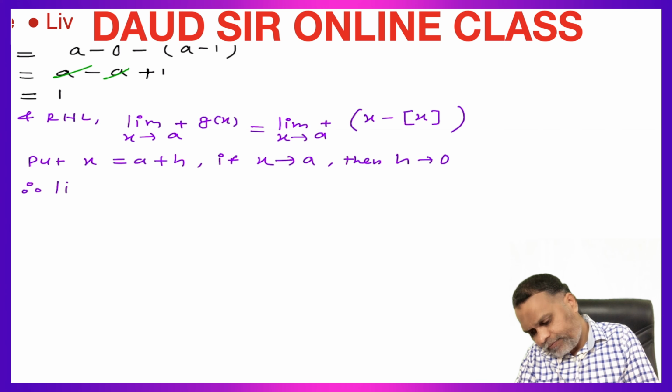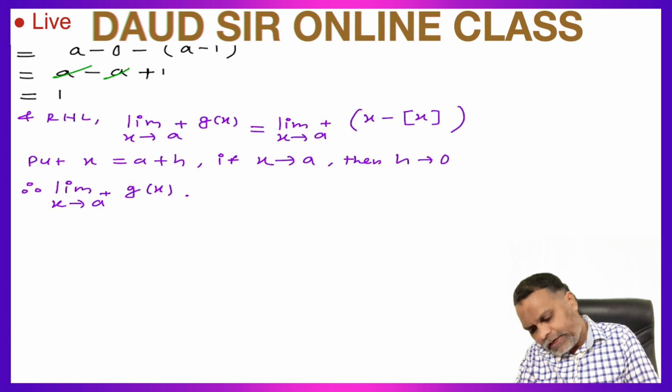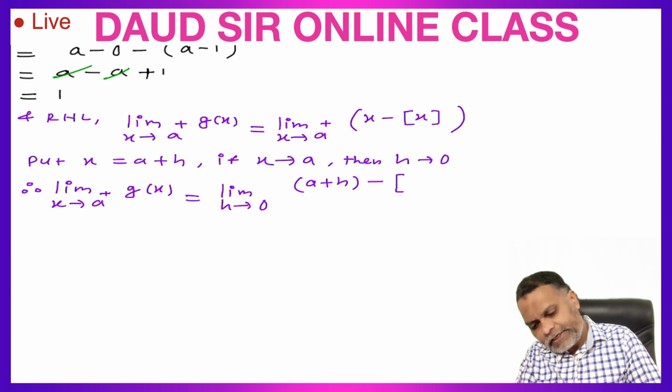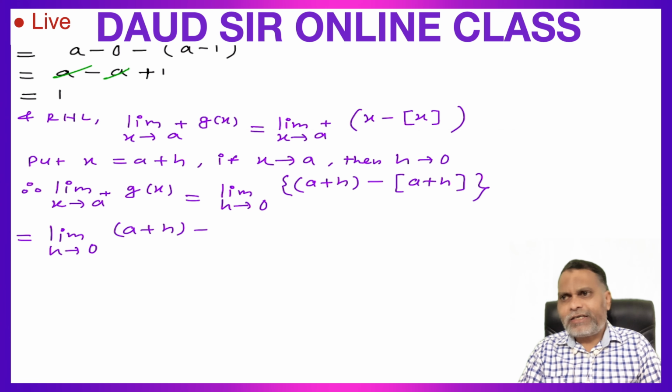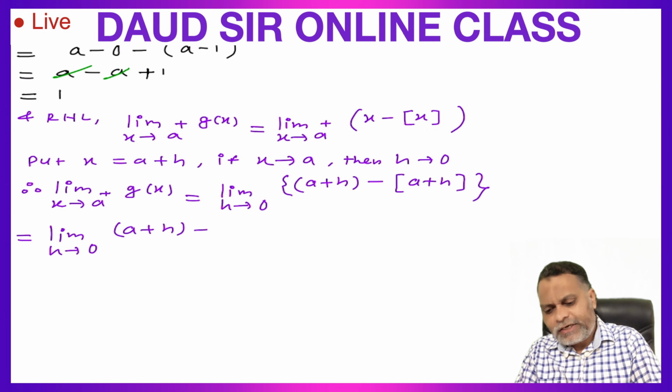Therefore the right hand limit will become limit x tends to a plus of g of x is equal to limit h tends to 0, with x is equal to a plus h, of x minus greatest integer of x, which is equal to limit h tends to 0 of a plus h minus. What is the greatest integer of a plus h? Greatest integer of a plus h,